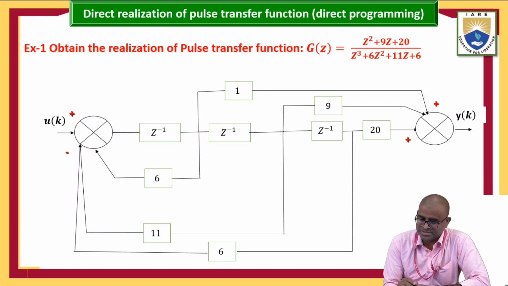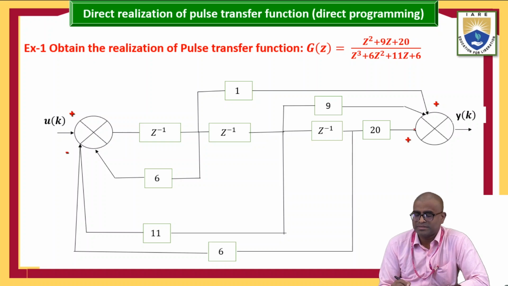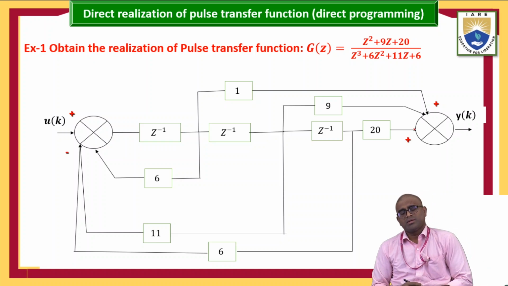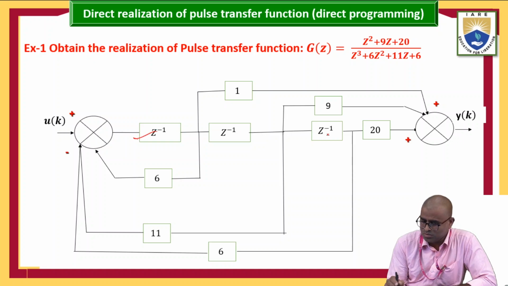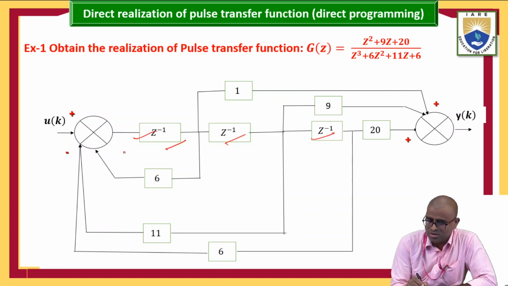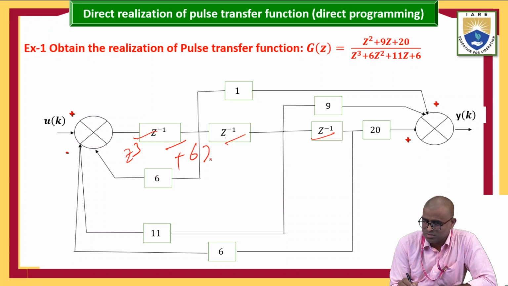3 terminals. Next, 6z square, 1, 2. 6z square. Okay, 11z, plus 6. All of you understand? Go for 1, 2, 3. So z cube plus 6 into, I don't know how much here before this one, 2